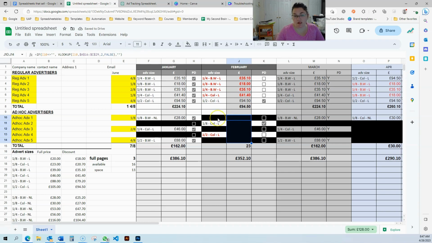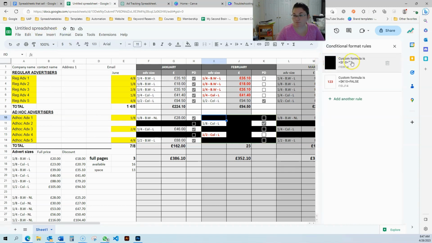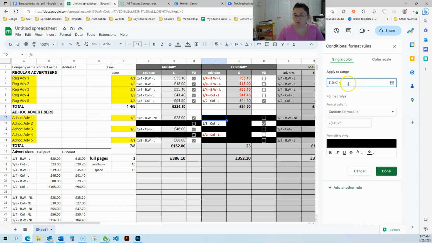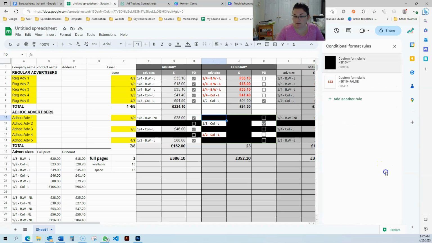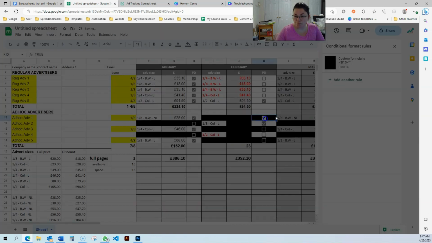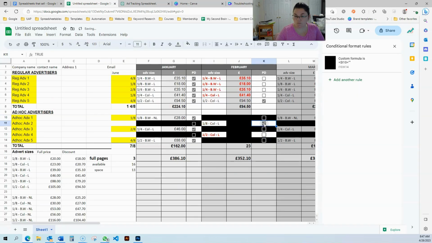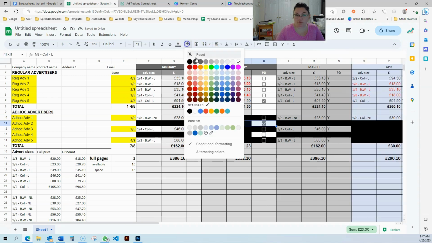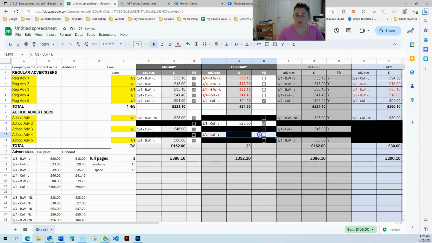And I messed up the conditional formatting. I10, why is it? If this is still black, just click here, reset. And it will take that color off. Actually, you can reset all of these,